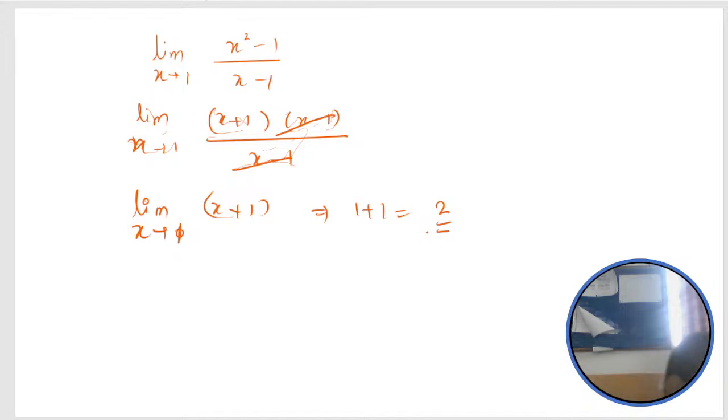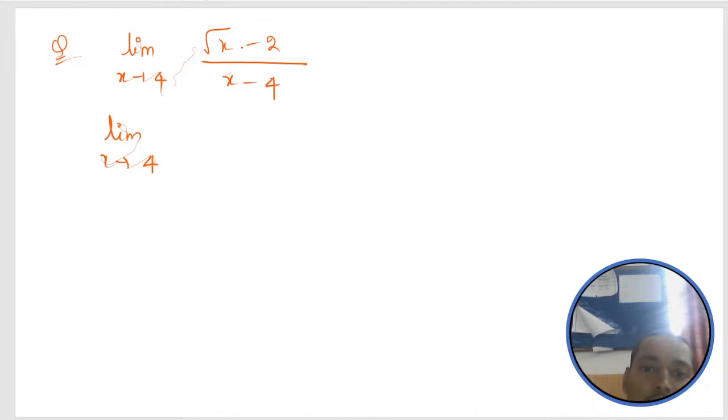One more question we are going to discuss in the same way, that is limit x tending to 4 under root x minus 2 divided by x minus 4. You have to find out the limit of this function. Then how we are going to do it? How we are going to do is limit x tending to 4, under root x minus 2, we will keep it as it is, under root x minus 2 divided by